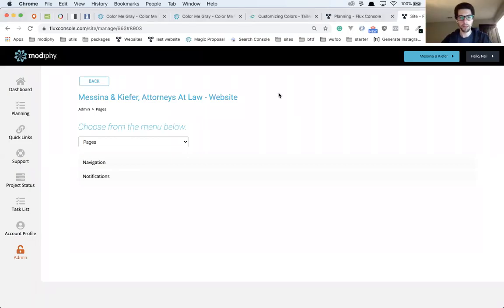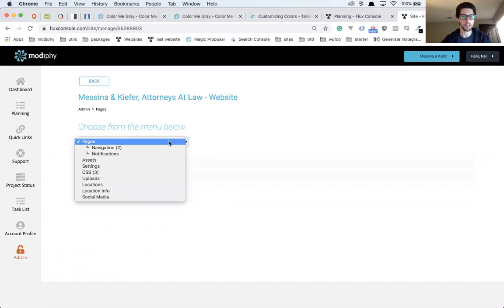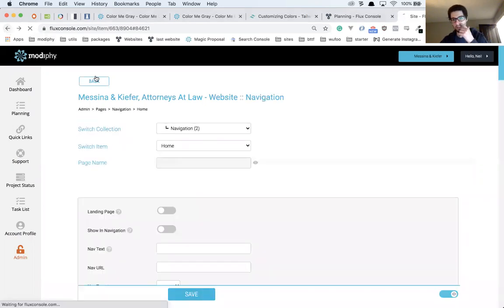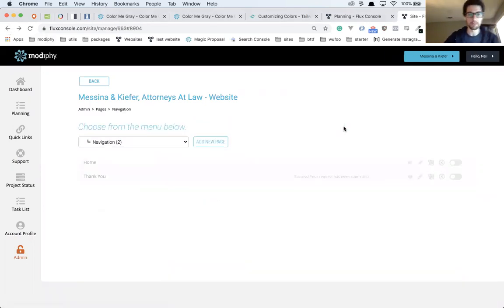Okay, we're back here. Now we're going to actually start creating some pages. So basically, after I do the colors, fonts, and just set up the project, and then do the CSS, and then just kind of go through the collections from the top down. The first thing here would just be to create the sitemap